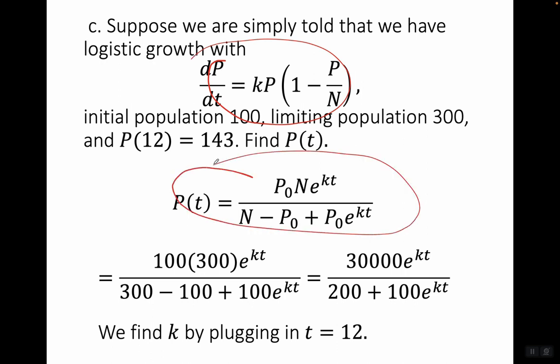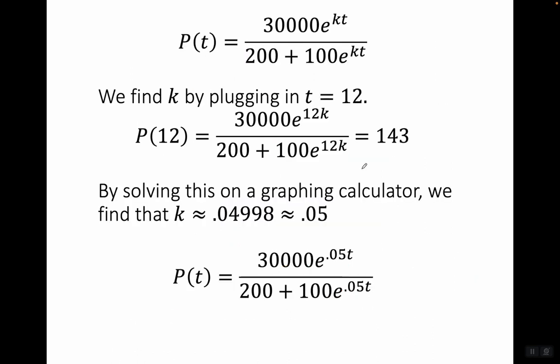So here's what we do. We know the formula for P of t. We plug in what we do know. We don't know k, so we can't plug that in, and we just end up with this over here. We find k by plugging in t equals 12, because we know the population at time t equals 12 years. So we end up with this equals 143, because the population at t equals 12 years is 143